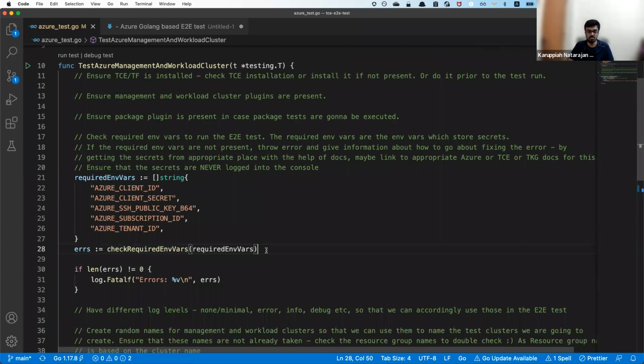We'll also be installing fewer tools. If we use the Azure client library, AWS client library, AWS Nuke client library, and things like that, we will not have to install those tools at all: AWS CLI or Azure CLI or AWS Nuke CLI or kubectl or Docker CLI and things like that. Of course, kubectl and Docker are needed by Tanzu, but we will not actually depend on them, and it will still work.